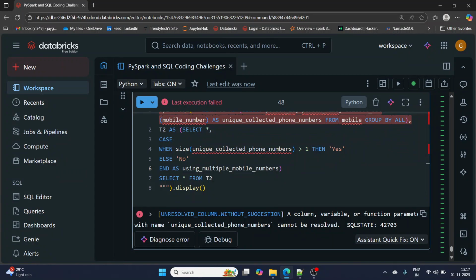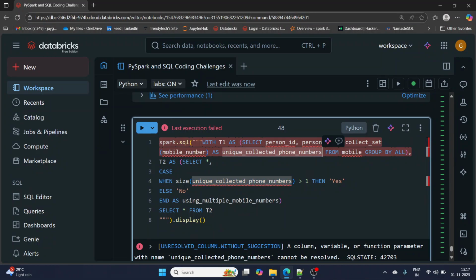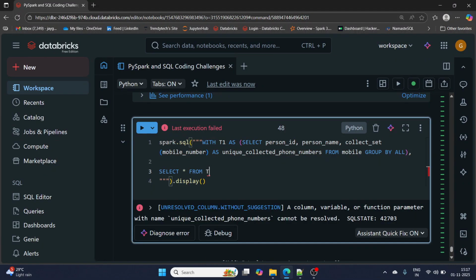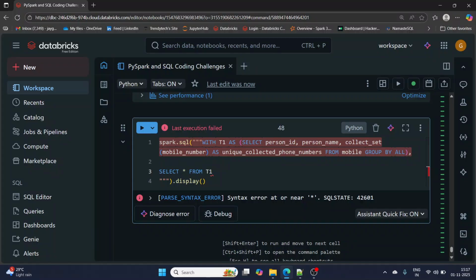Okay, unique collected phone numbers cannot be resolved. What happened? T2 as select star case when using multiple phone numbers, unique collected phone numbers. Just a second. Let me just remove this. Let me do select star from T1. It should take ideally whatever at or near star.